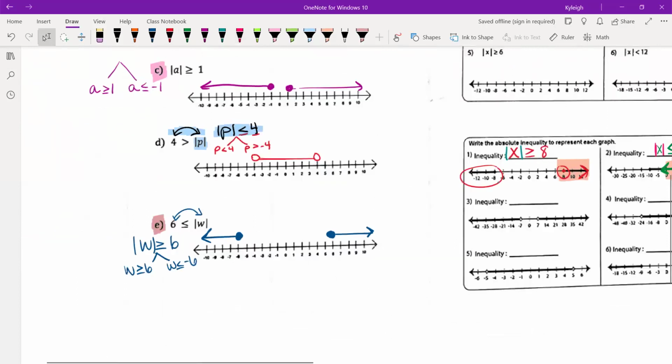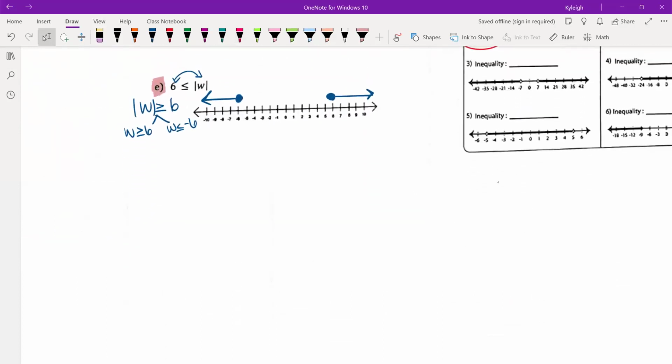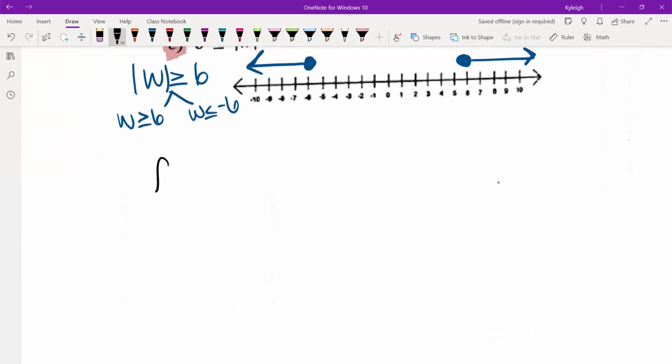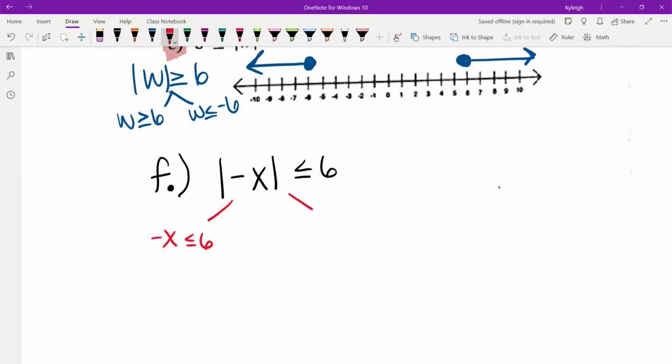I'm going to kind of come back down at the end of letter E, and I want you to add a letter F. Sorry, I should have done this before I moved over to the homework. We're going to add a letter F. On some of the worksheets, you'll see the absolute value of -x, and then this symbol. So what we're going to do with that is still separate it. Okay, so we're going to separate it into -x is less than or equal to 6,